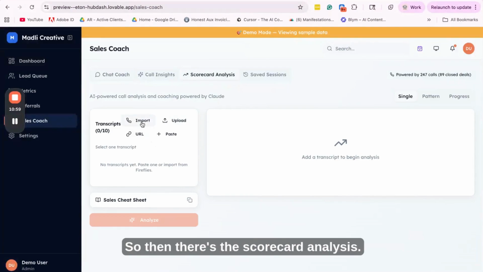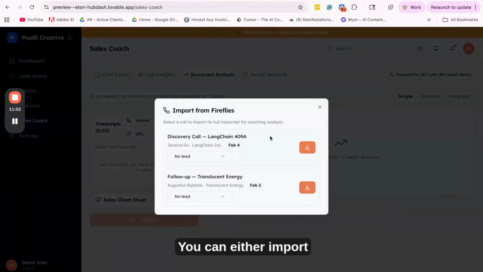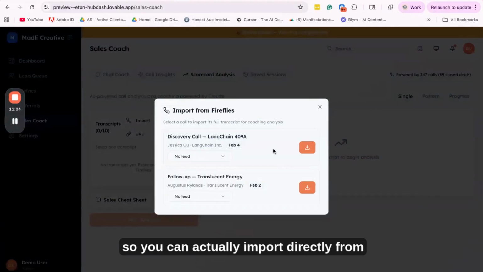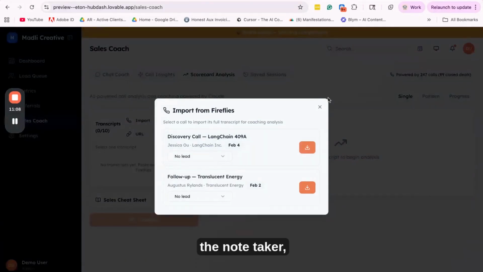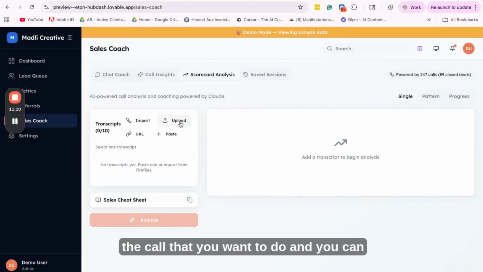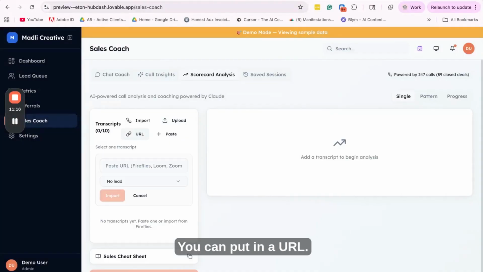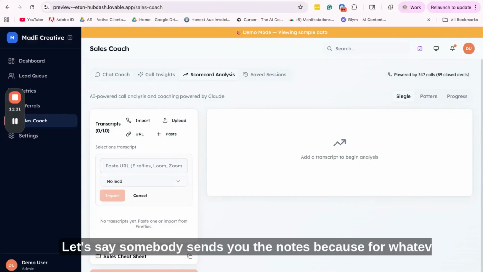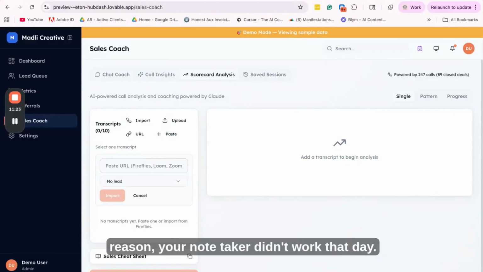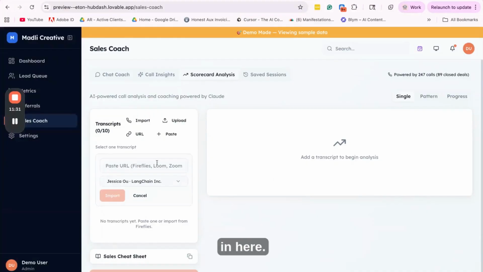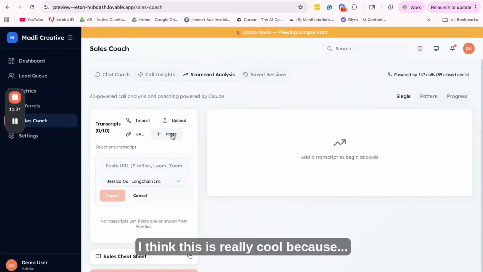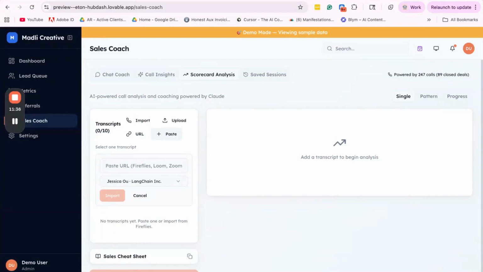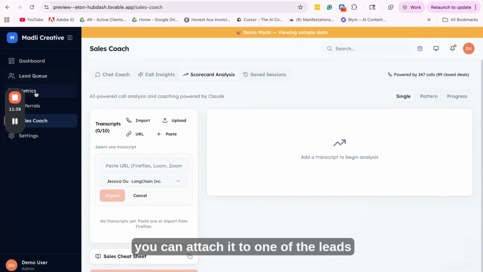So then there's the scorecard analysis. You can import directly from the note taker the call that you want to do, and you can download that. You can upload it. You can put in a URL. So let's say somebody sends you the notes because for whatever reason your note taker didn't work that day. You can paste the notes in here, you can assign a lead, and then you can import it in here. Now, I think this is really cool because with this, you can attach it to one of the leads